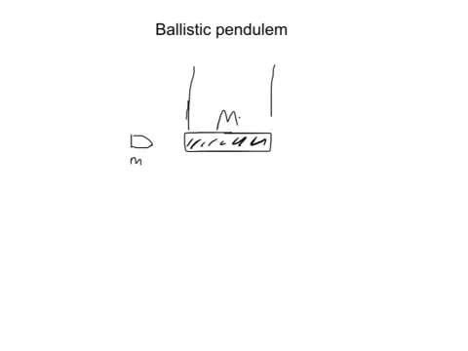The last example we'll do together is a ballistic pendulum example, and this is a really famous physics problem. So we've got some bullet, and it's being shot into a wooden block, and this wooden block is being suspended by two strings, so it can form a pendulum. And what's going to happen is when the bullet goes into the wooden block, it's going to swing upwards. So imagine this is going to swing up,